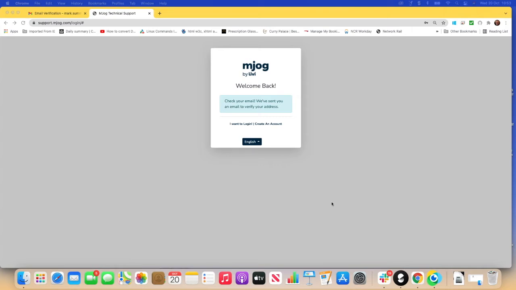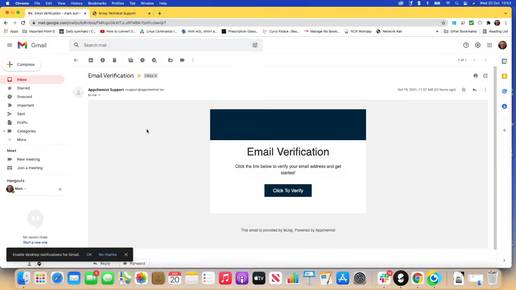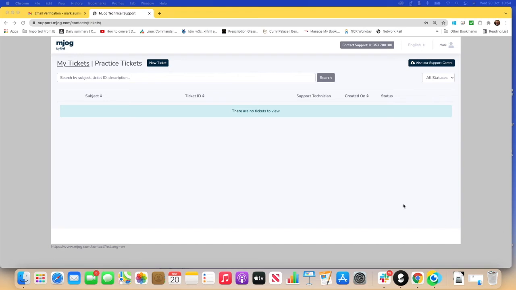You should now receive an email from App Chemist Support. Check your inbox and you'll see that you have a verification email with a link in it. Click on that link to verify your account. When you click on that verification link, you'll be taken straight into the Mjog support ticketing portal. To confirm your account,